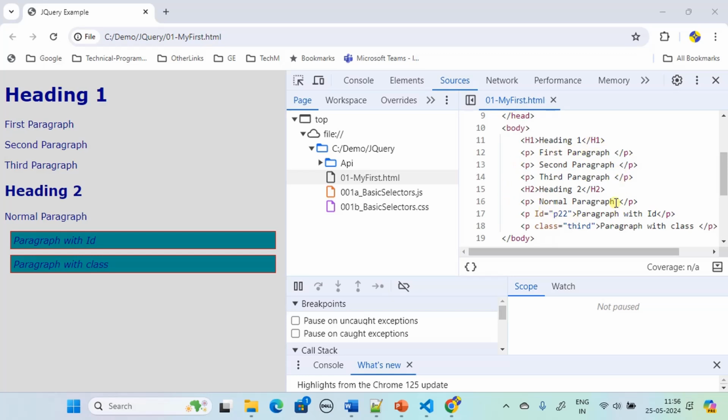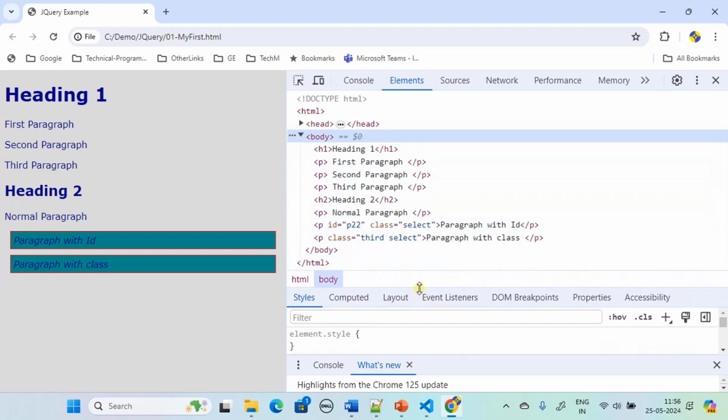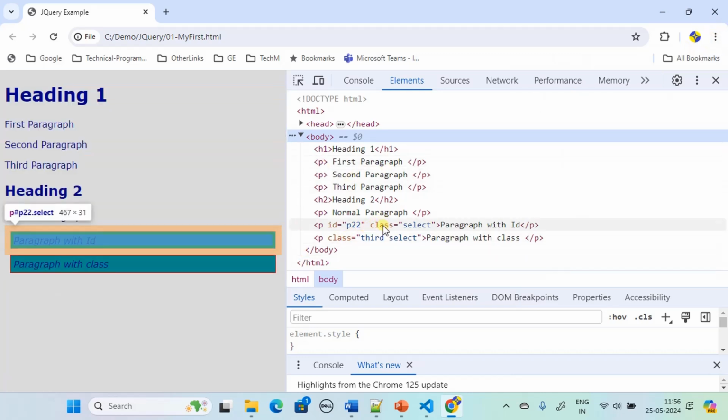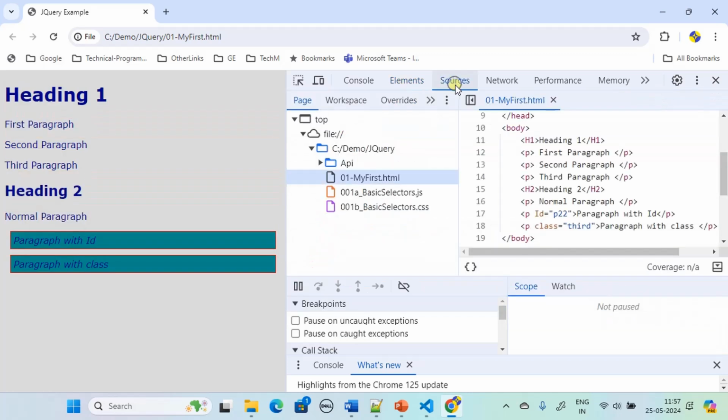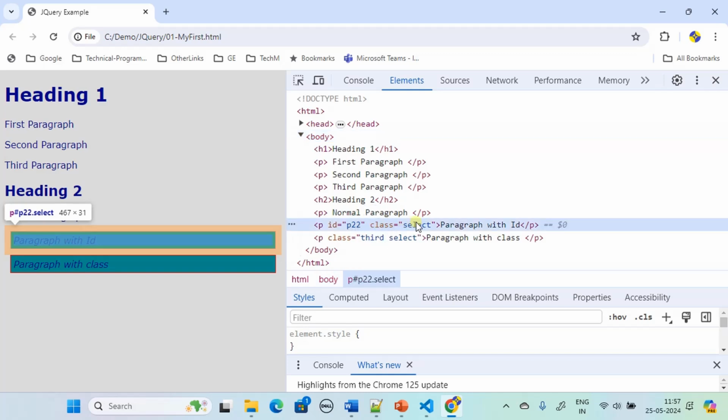If you want to see the dynamically applied JavaScript, go to Elements. So this is the DOM elements section, and here, if you see, class equal to select is applied to the ID, right? This is the actual source, P ID equal to 22, and our JavaScript applied the class, and you can see that element is also highlighted, so you can easily see which one we are talking about. P ID equal to 22 and class equal to select. This is added by our